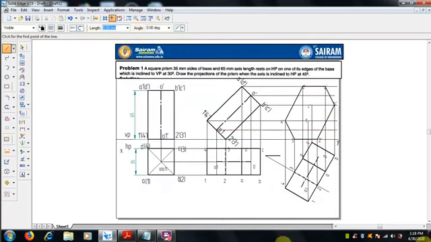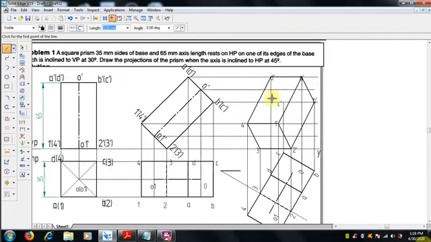In this view now, the bottom face will be visible. So here the bottom face, in the sense 1 2 3 4, we can make it 0.5 mm thickness. Select the line command and draw the bottom face with a 0.5 mm thickness, and the visible edges, whatever is there, we have to make it 0.5 mm thickness, that is 1 to A. Now this is the exact visible solid. We have to draw the edges which are hidden over there.